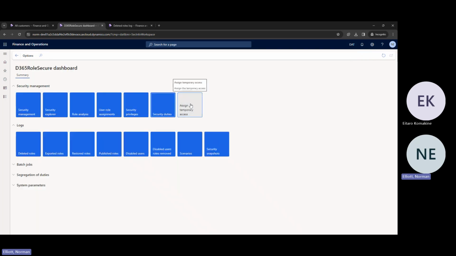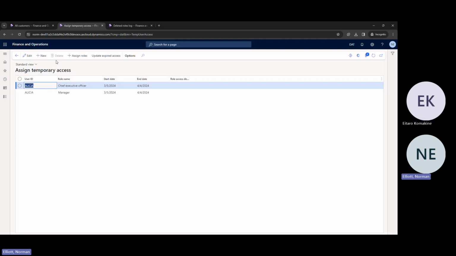Now, assigning temporary user access is like delegation of responsibilities based on roles to users. So, for example, if one of your staff is going away for a month or so, you can assign roles to that user for a specific amount of time. So let's just say new, select the user,